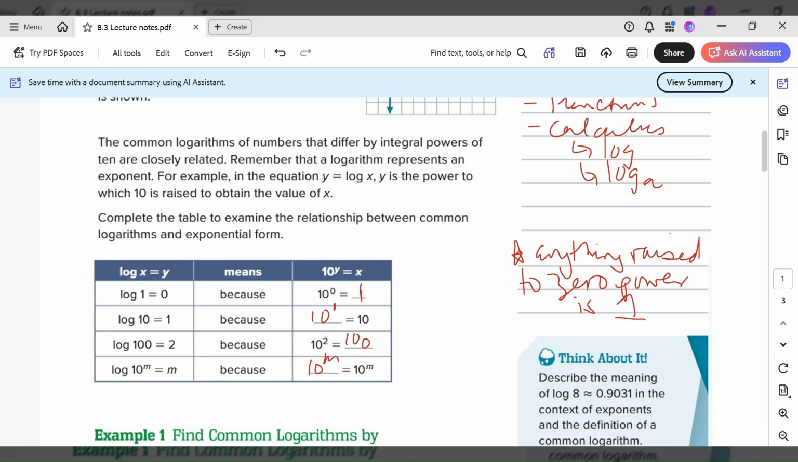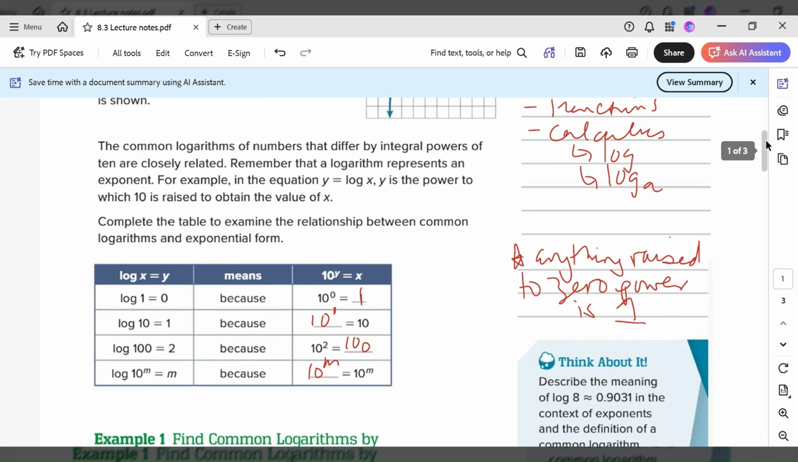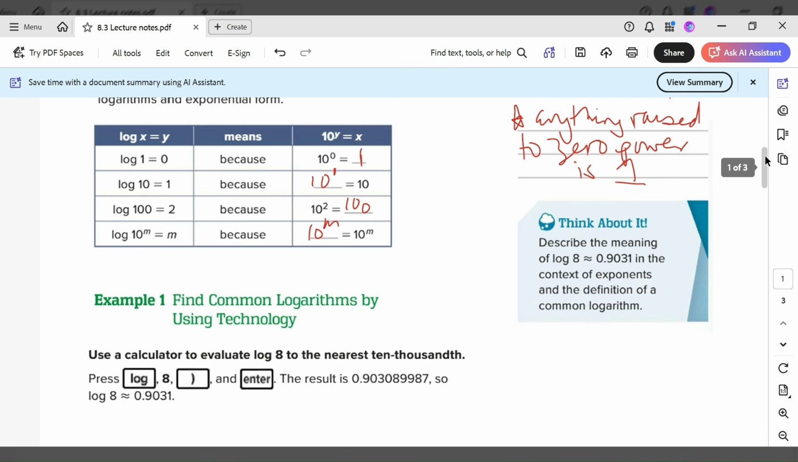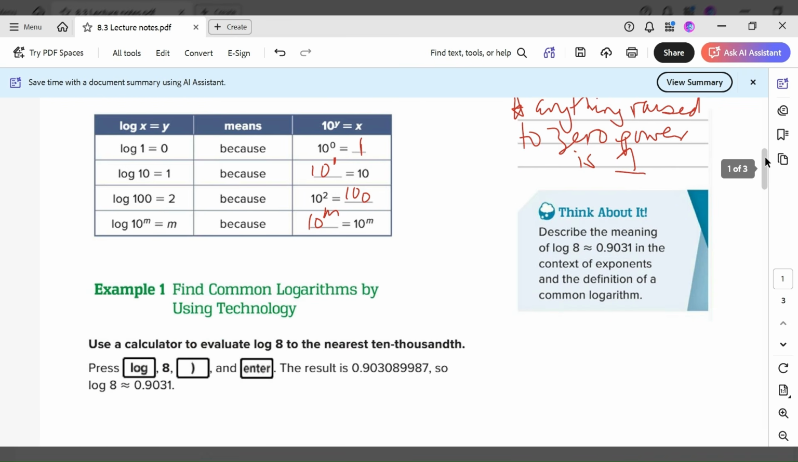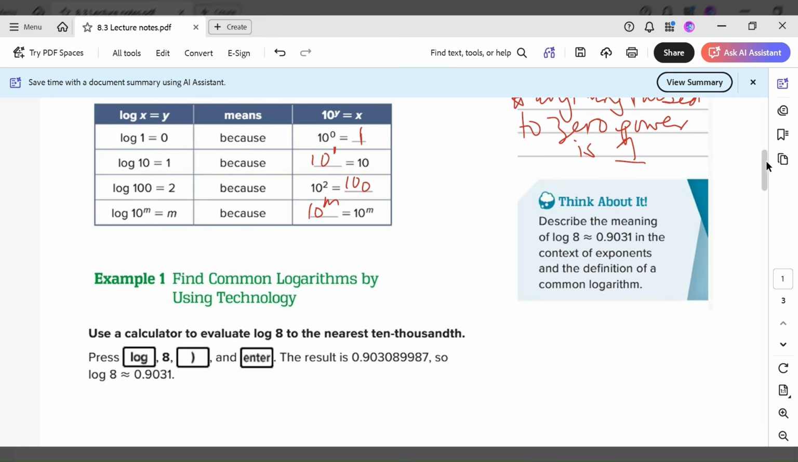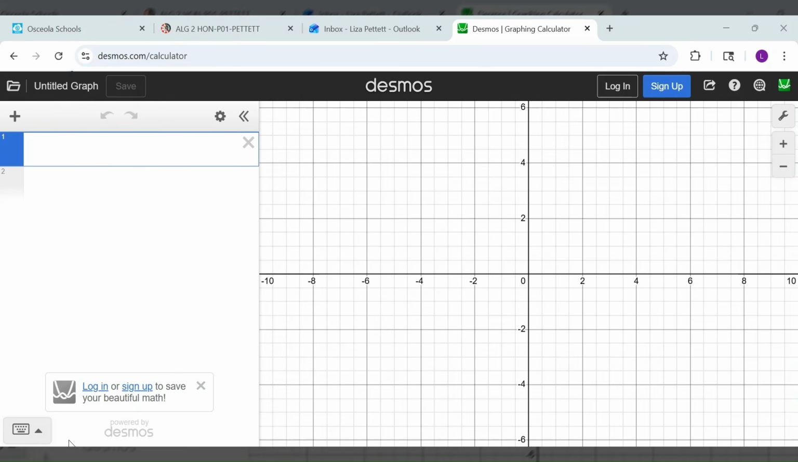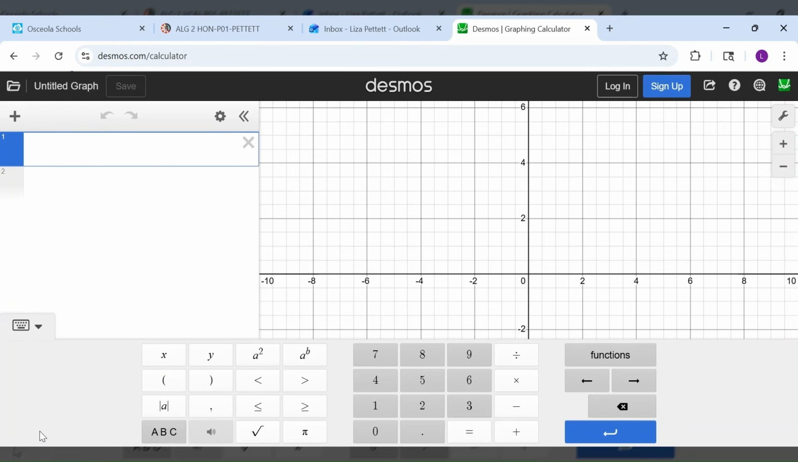When we look at example 1, it says find common logarithms by using technology. So it says use a calculator to evaluate log 8 to the nearest ten-thousandth. So we're going to go into Desmos, and I'm going to show you how we're going to do that. Okay, so we're in Desmos, and down here in the bottom we see our little keypad. When we go into here, we notice that we don't have a log key here. So what we're going to do is click on functions,